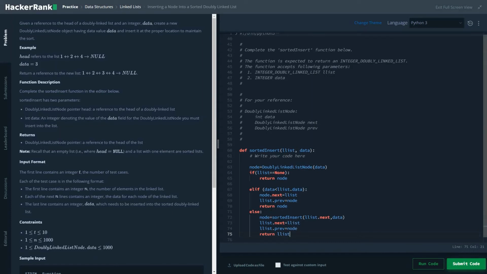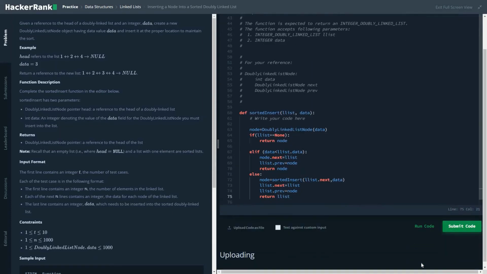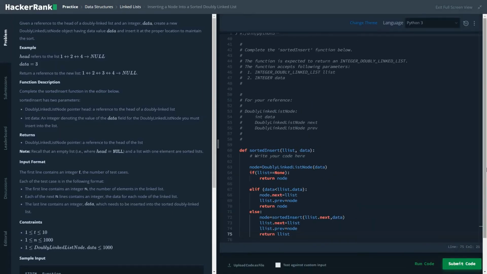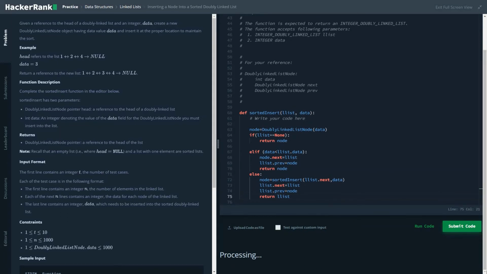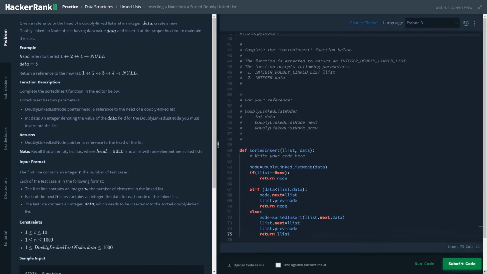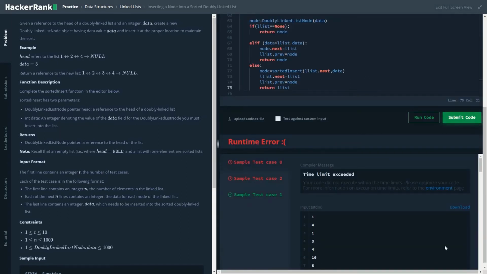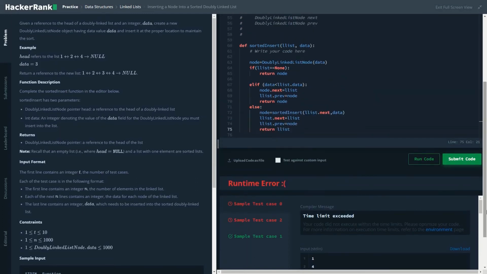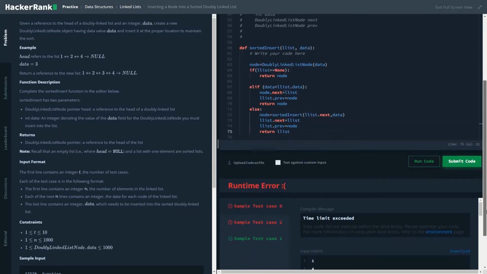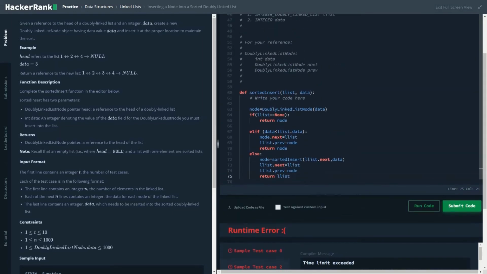I hope it would work. Let's run the code. Okay, time limit exceeded. Let's try max recursion depth, I guess. It's not required.